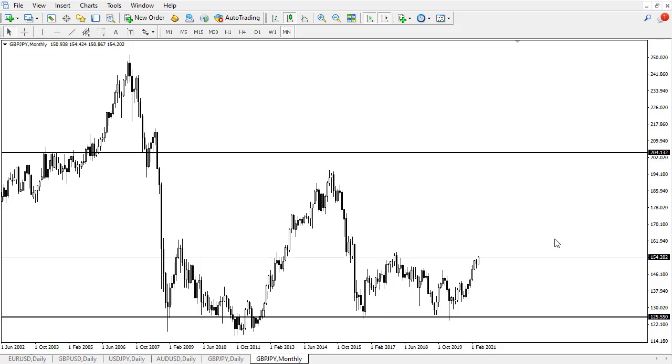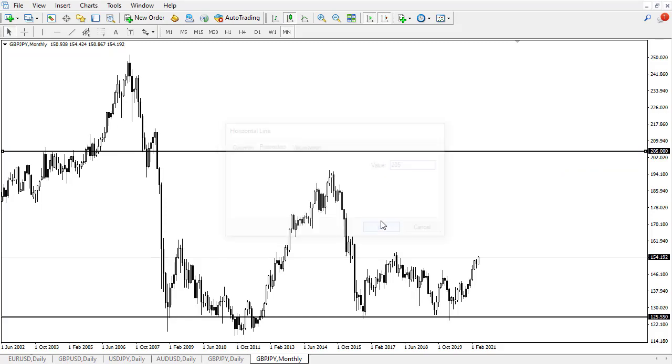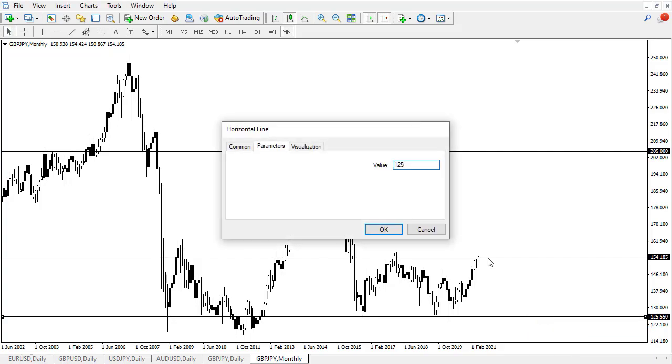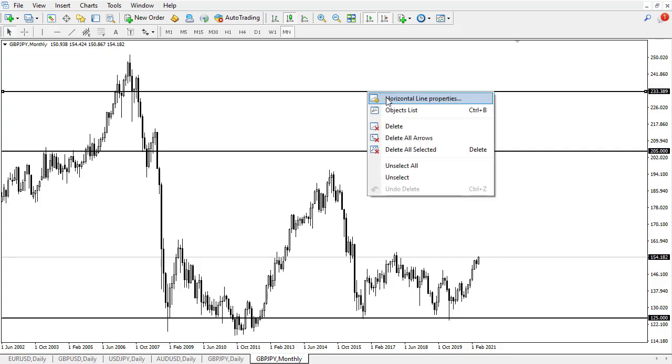Typically, what you will find, there are two things that you will find about support and resistance. So I'm going to go ahead and change this to 205, kind of see what happens. And this to 125. And let me draw another one at